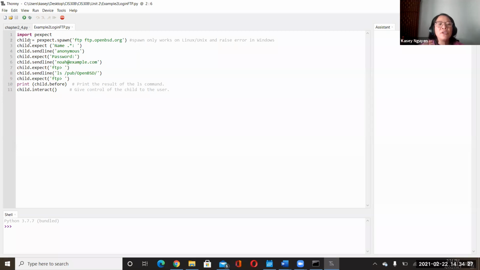Now, you notice how we use the statement child.expect. This is defined as an object, because remember that this library has classes and we are creating an object to access the properties, right?